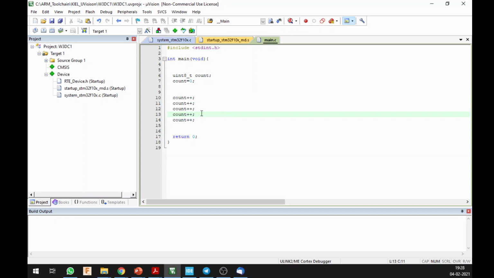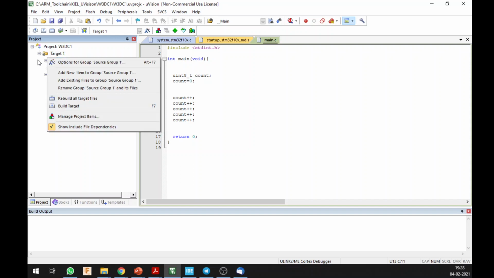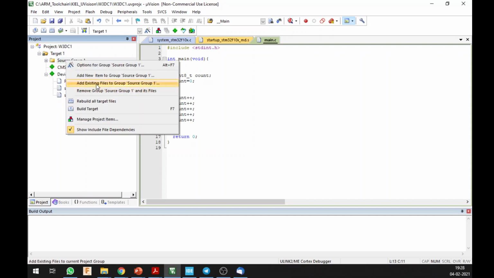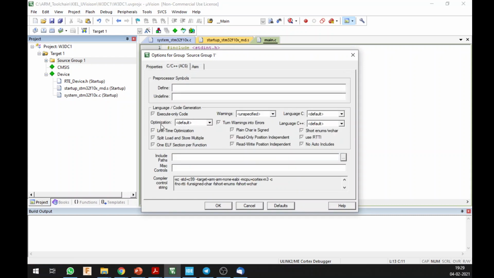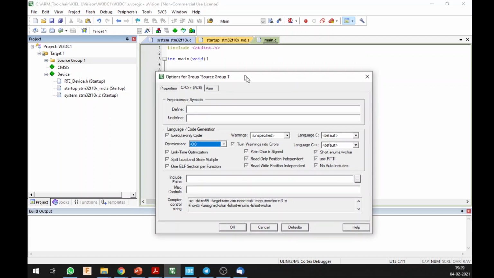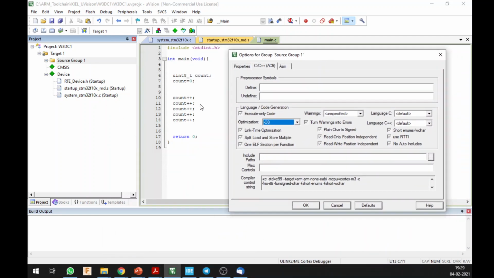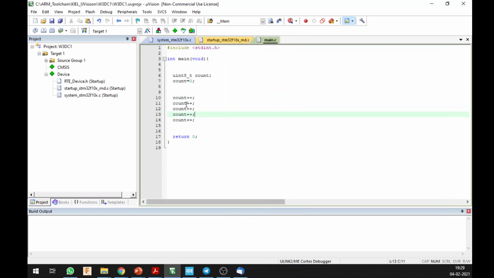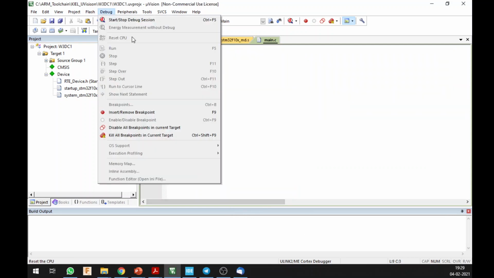Alright, so I will just save this and I will go to build. But before building, I told you that in the options for your particular project, source group 1, I see an option for optimization over here. I'll set it to optimization level 0, and this is required because we are not really doing any kind of big stuff over here. We're not playing around with the internals of this, so it is basically going to ignore this when it is compiling. So maybe we won't be able to access this in the assembly part. So I will set the optimization level to 0. I'll set it okay. I'll do a save, and then I go to debug.